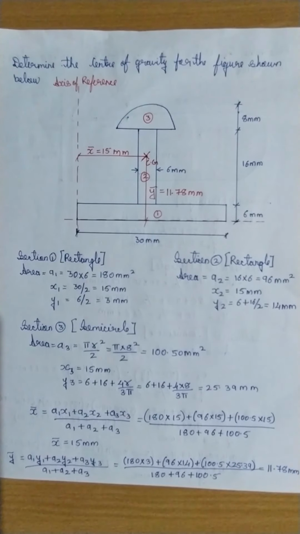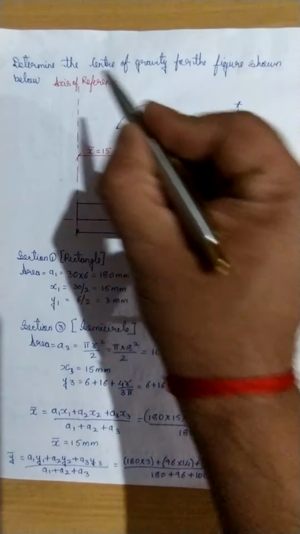In the previous lecture we solved numericals wherein the sections were T section, L section and channel section. What we did is we divided those sections into smaller rectangular sections and solved the numericals. So today we shall see numericals wherein even a portion of a semicircular section as well as a triangular section is there. So let us solve the numerical.